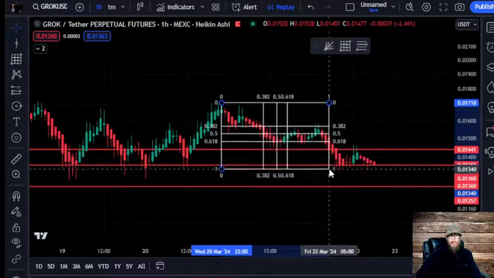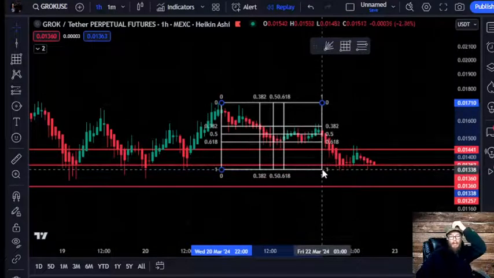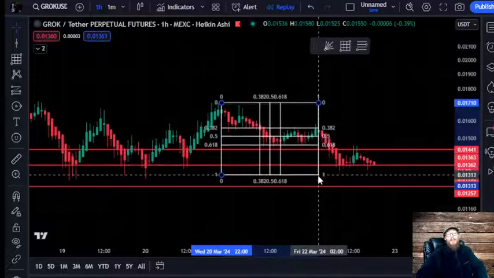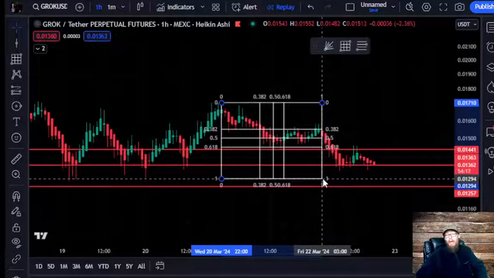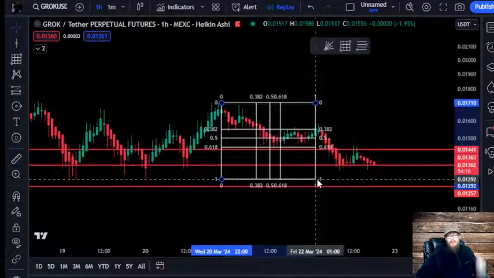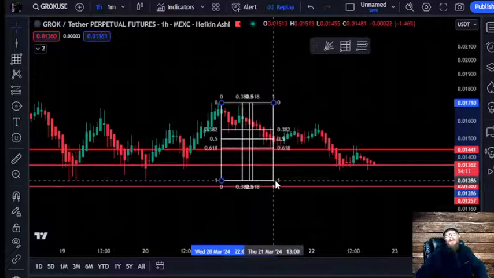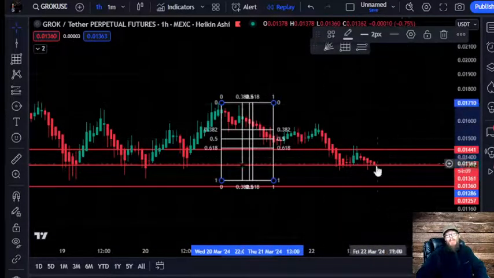So this is Grok, a meme coin. TA doesn't work on meme coins. Well, that's because I don't think TA works on anything, in all seriousness. I don't think you can just rely on technical analysis to go willy-nilly into trades and think you're going to have some special edge just because price came back to some Fibonacci 618, 382, golden pocket or whatever. I mean, the price action needs to show that